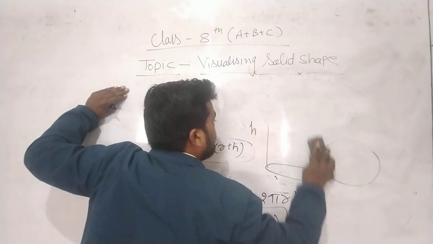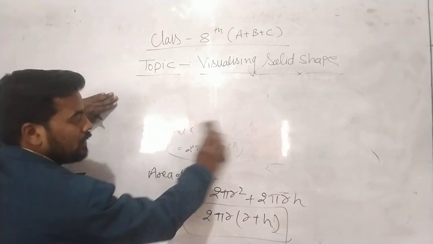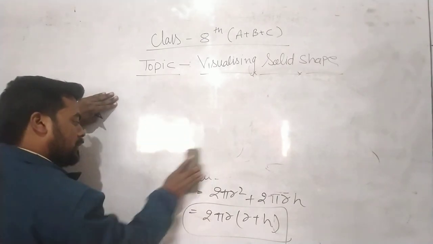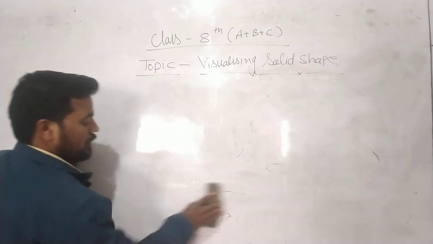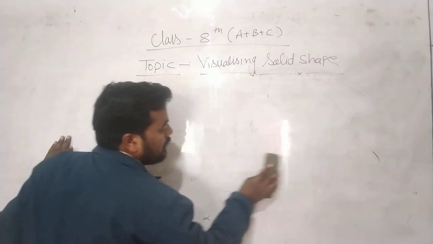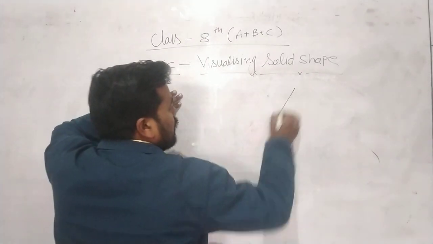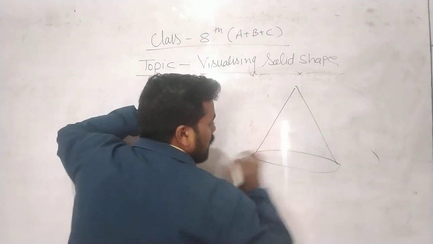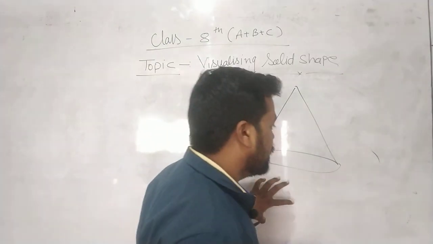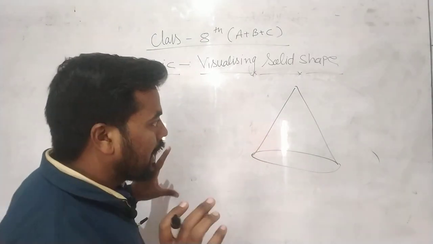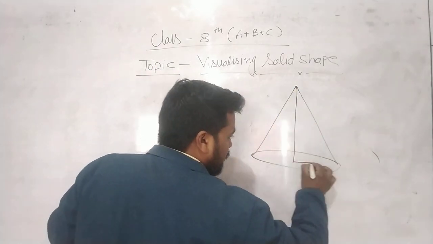Next, you know about right circular cone. Right circular cone means, in right circular cone there are two types of height. First height is known as height of cone and second height is known as slant height. Okay. So let's discuss cone. A cone also has a circular base. A cone looks like a cap of a joker. Okay. In a cone there is one circular end.